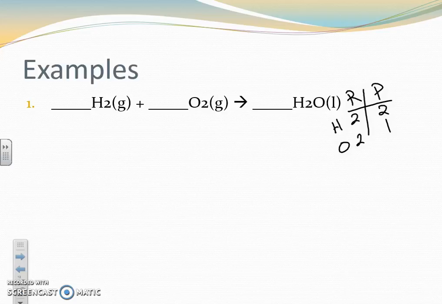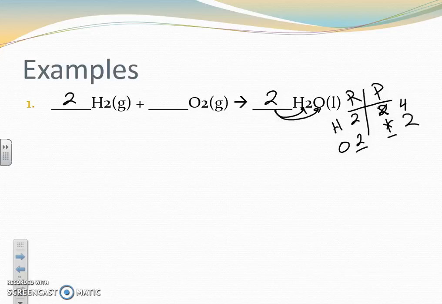So it looks like I need to fix oxygen. If I have 1 and I need 2, I'm going to multiply that by 2. So that gives me my 2 oxygens there. But not only does that change oxygen, that also changes hydrogen to now 4. So that's not balanced, so I have to go back and fix that. Well, to get this to 4, I need to put a 2 there. So that is balanced